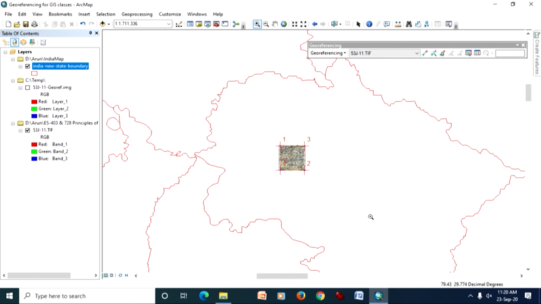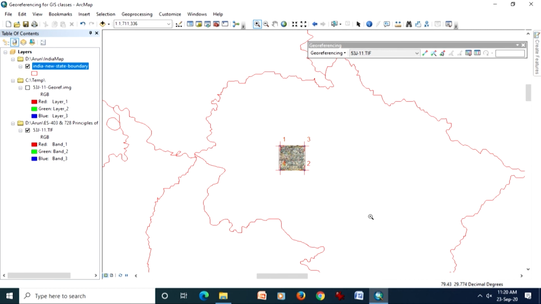Georeferencing is time consuming. If you go for, say, third order polynomial, then you have to collect so many points, multiplied by 3 as I suggested. So, it will take a lot of time to collect reliable common GCPs. If instead of a topo sheet I have one master image and a slave image, it will take more time. So, you must spend some time and be ready whenever you go for georeferencing. It's a painstaking job, but it has to be done very accurately.